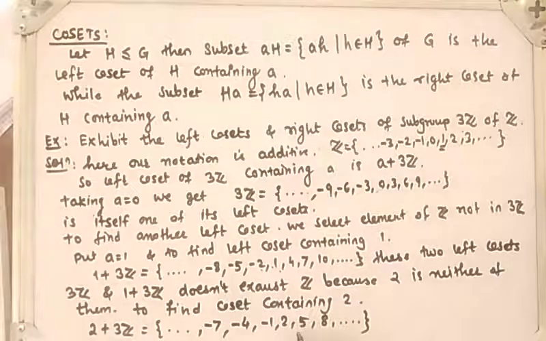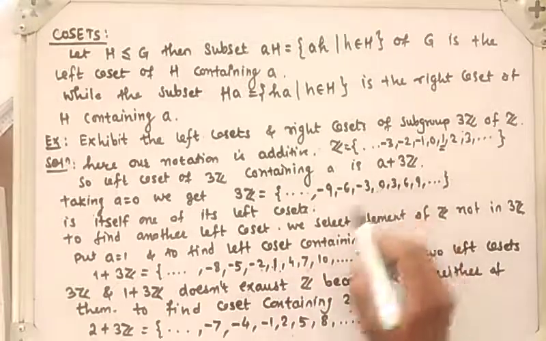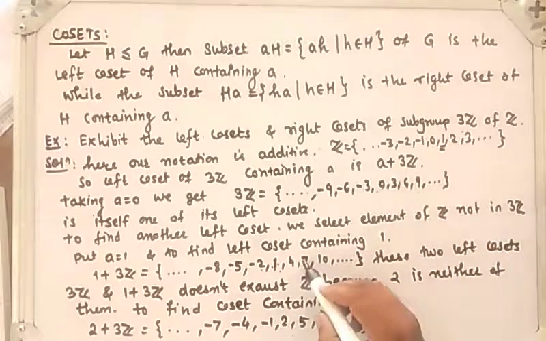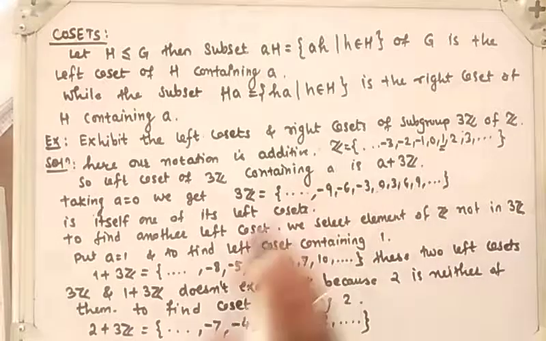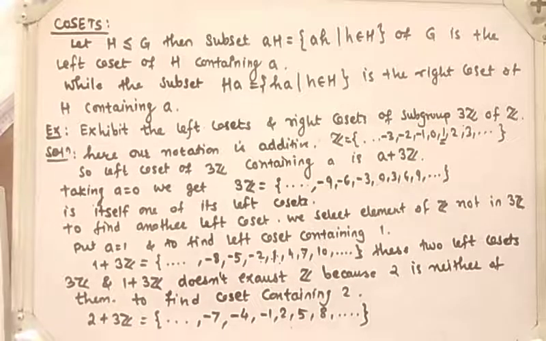So here if I take the union of these three sets, we will get Z, because we have the elements 0, 1, 2, 3, 4, 5, 6, 7, 8, meaning all elements are covered in these three cosets, which is equal to Z. So it is clear that these three left cosets exhaust Z. The union of these three cosets gives Z,